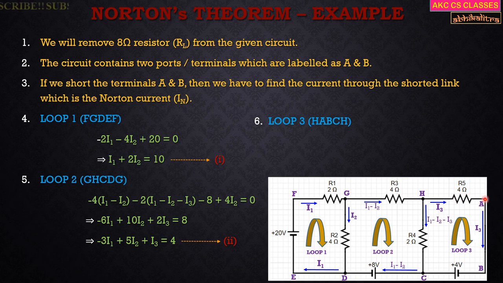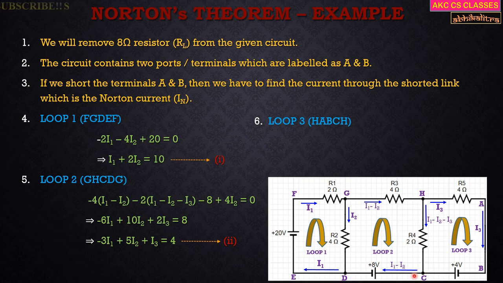After reaching A, I will be moving from A to B. While moving from A to B, see, there are no circuit elements. After reaching B, I will be moving from B to C. Over here I encounter a voltage source. I'm moving from the negative plate to the positive plate in the voltage source, so there will be a rise in potential at point C, which is plus 4.